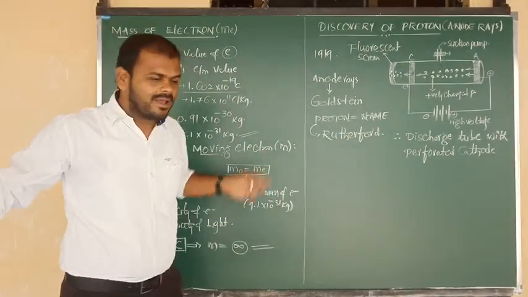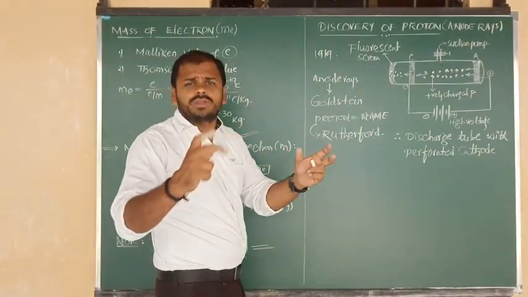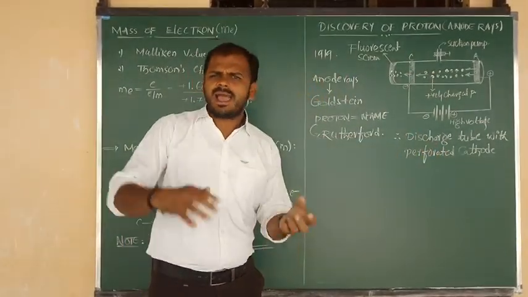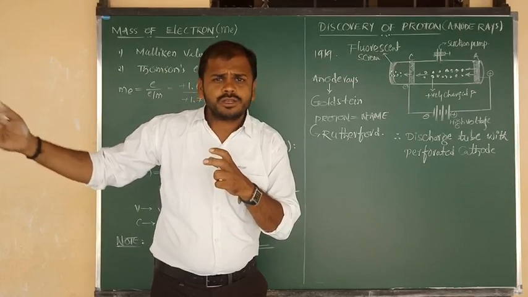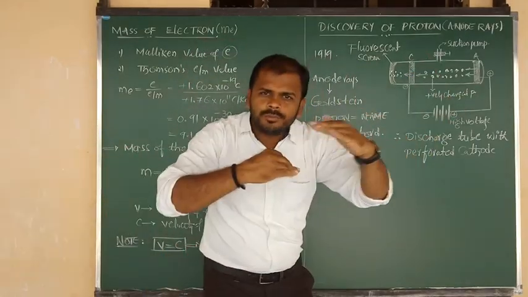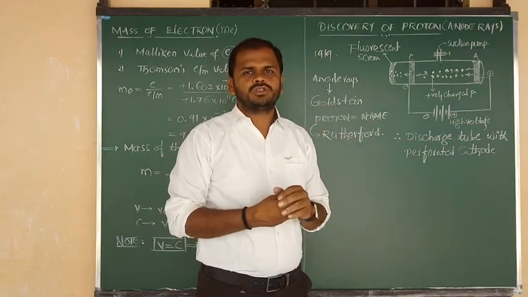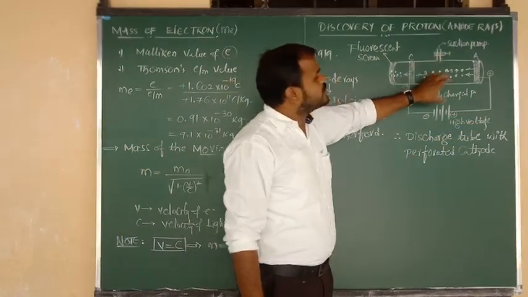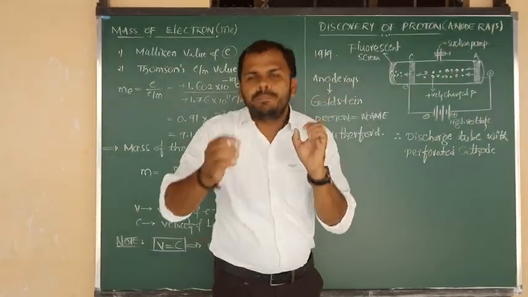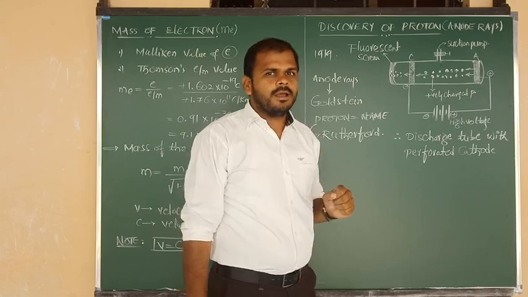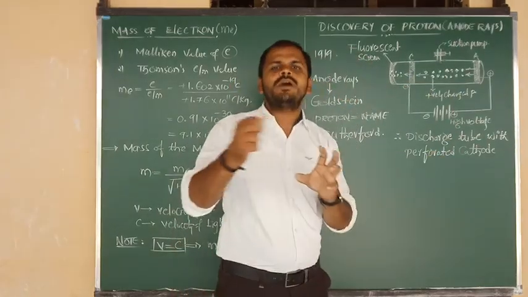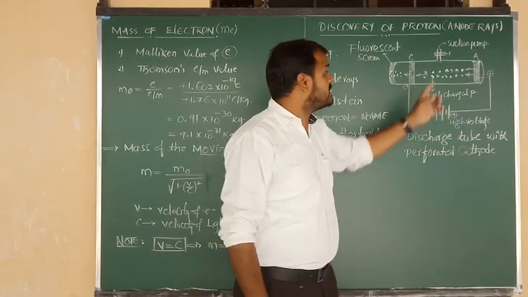Okay, my dear students. Once again, I want to explain a few words about this discharge tube experiment, which I already gave in the cathode, anode, electron story. Same thing here also. We take one glass tube, or discharge tube, connected to a suction pump to maintain the optimum or suitable pressure, to evacuate the vacuum. If you want, you can consider the gas also here.